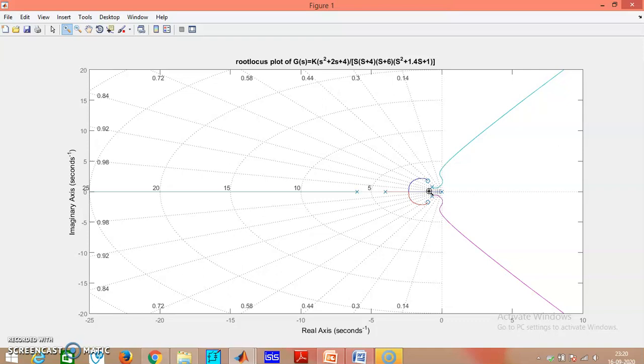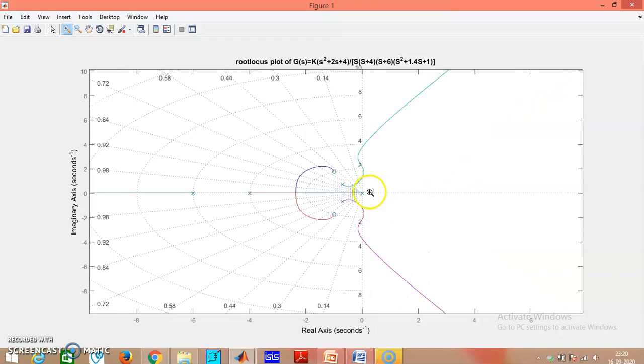Click on this part to get magnified. So you are finding here these are the two zeros, and there should be 5 poles. So these are the two complex conjugate poles. One pole is at the origin, and these are two real poles. So the cross mark indicates the poles and the circle indicates the zeros.